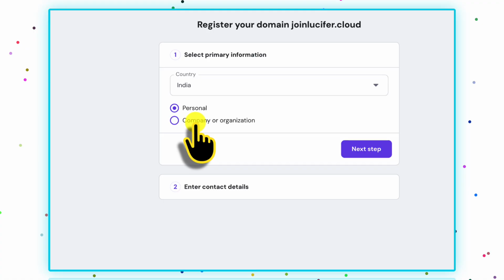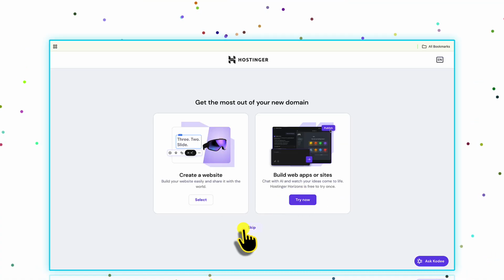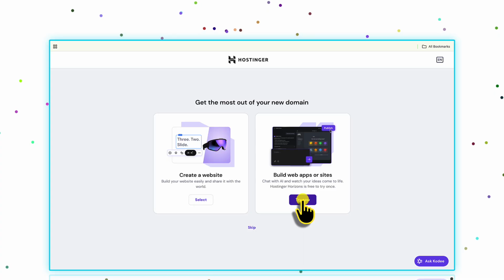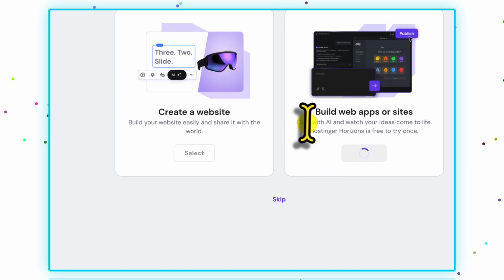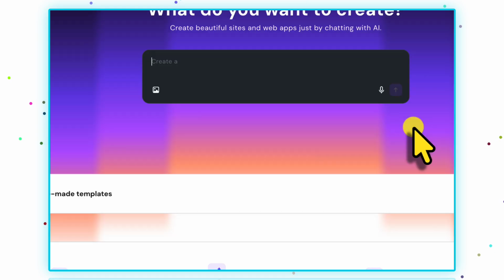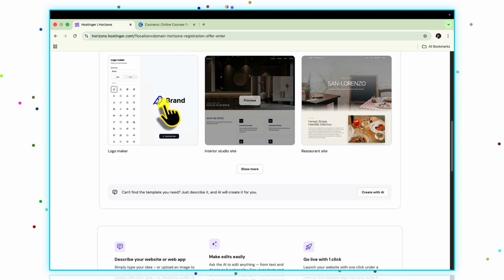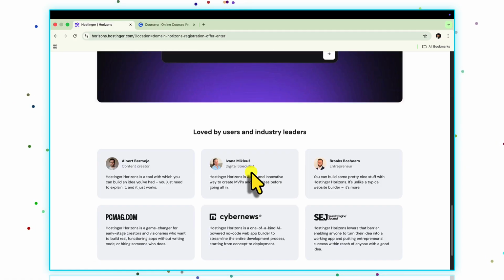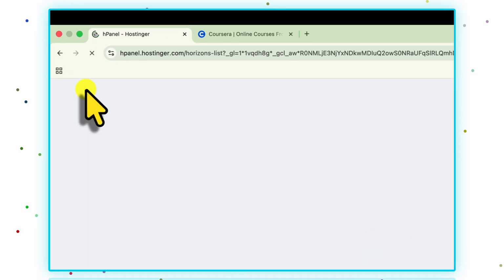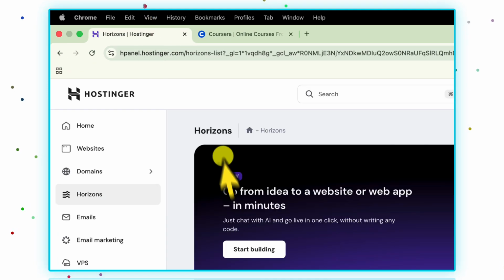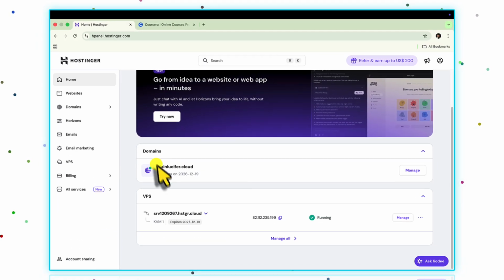You will have to add in the details for your domain name and verify the details required. Hostinger has a free website builder that allows you to type in your idea and use AI to build the website. Now that's the best part. If you use the link provided in the description, you will be able to get access to this as well. So just imagine typing in a prompt, an idea that you have in your brain, and converting it to a website. Hostinger's Horizon basically allows you to do that.